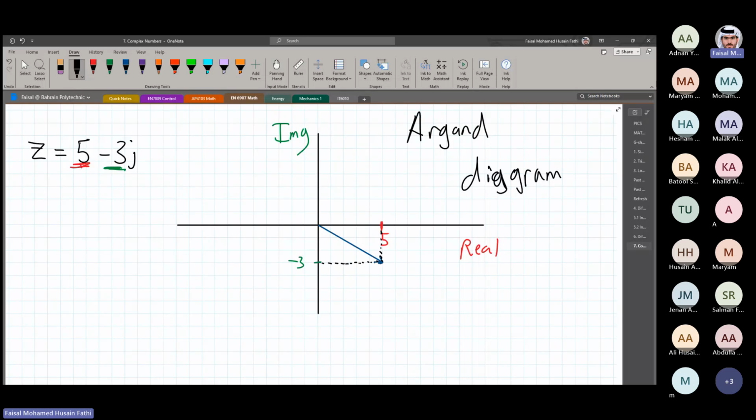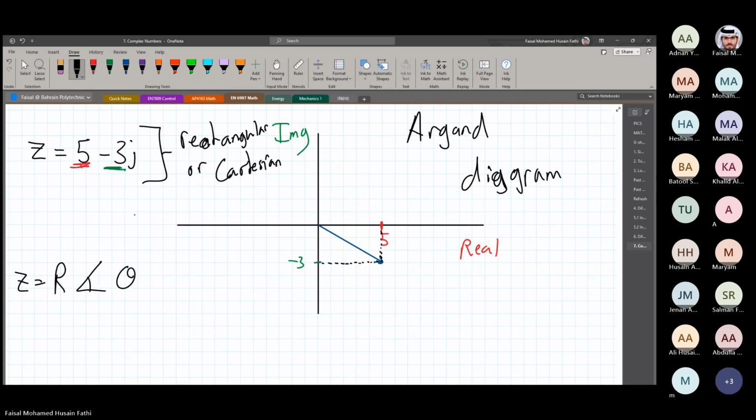The polar value, so this is called rectangular form right now. This is what we're dealing with. This is called rectangular form, or rectangular or Cartesian form, right? Or Cartesian coordinates. In polar form, you're going to have a magnitude. Let's call it R, and I'll tell you why. You're going to have a magnitude, so Z, the same Z is equal to R with an angle theta. This is called